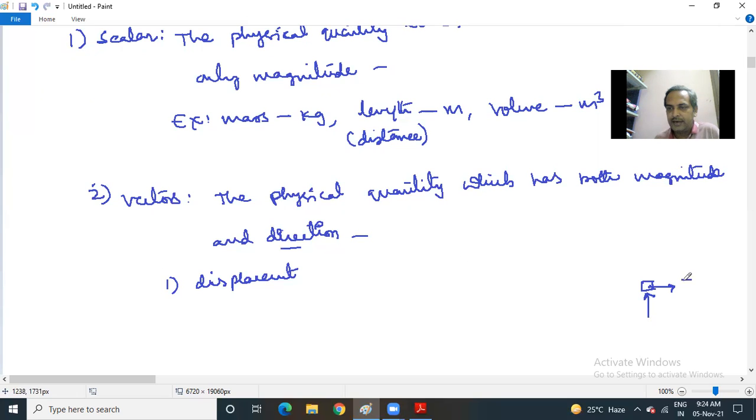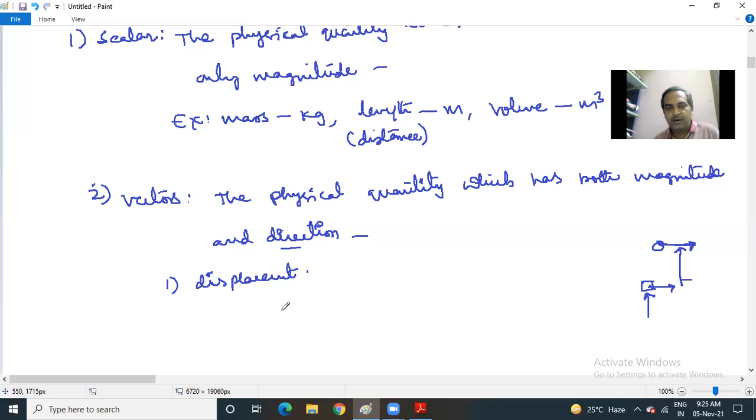There is a dead end here. After that dead end, you will advise your friend to walk straight. There will be a big tree, and my house is right there. So you advise your friend to reach your home like this. Indirectly, you are mentioning the direction of motion. When you talk about certain physical quantities, you need to mention direction along with magnitude, and that quantity must also obey the laws of vector addition. Only then do we call it a vector.